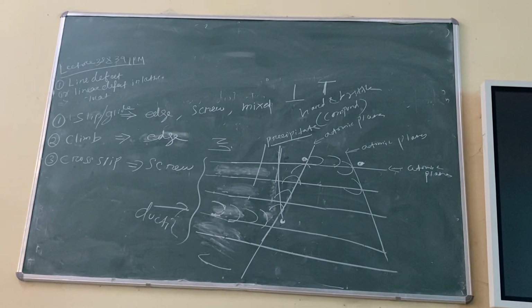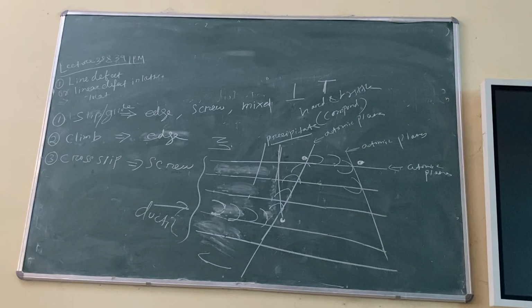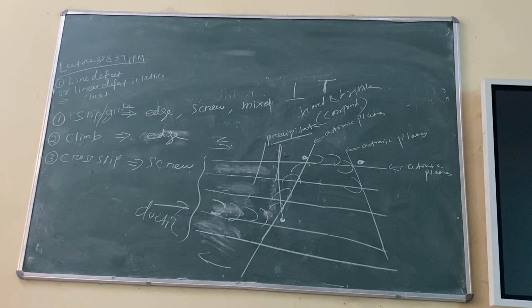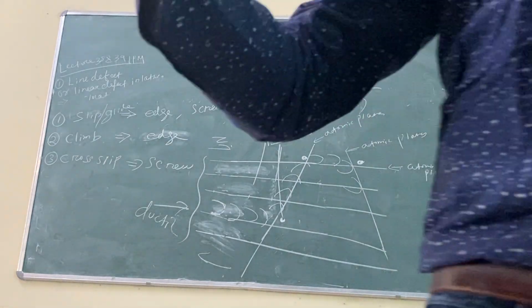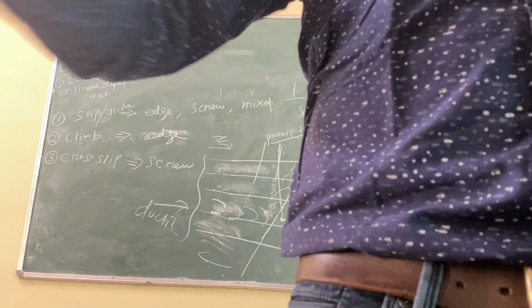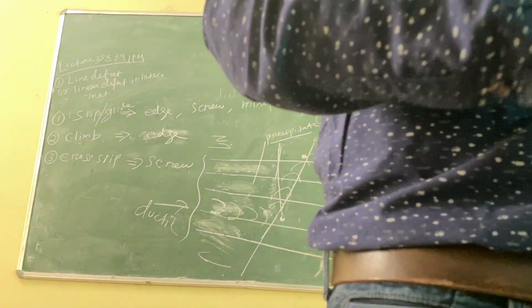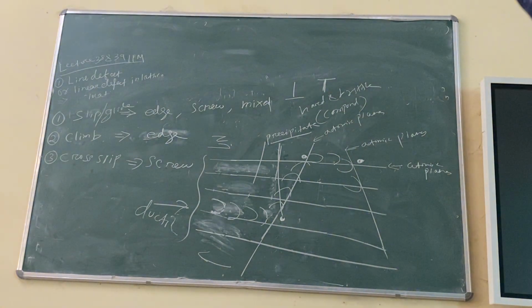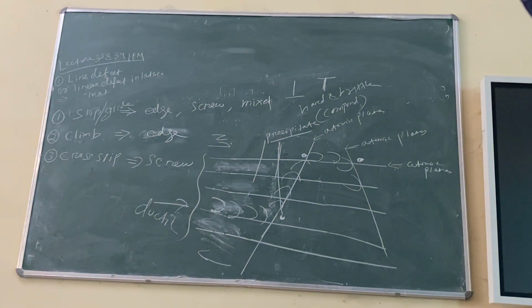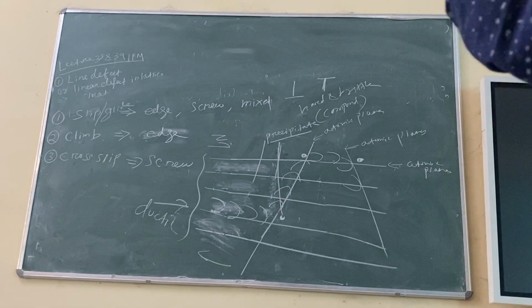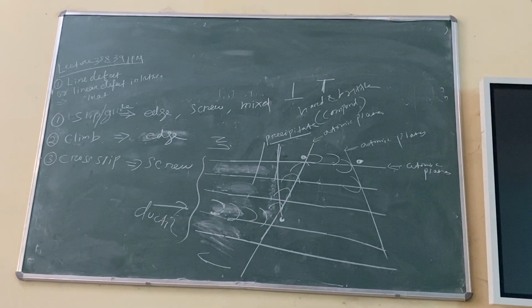Either it will form a solid solution or it may form a compound. I told you, no, right? Alloys are two types, three types. We are not talking about mixture. It may be a solid solution, it may be a compound, right? If a compound is forming and the compound is somewhat stronger and harder, it will stop the motion of dislocation. So strength will increase, right?